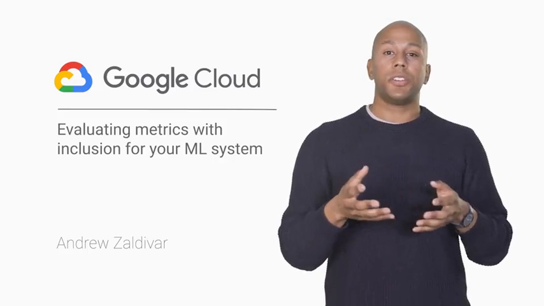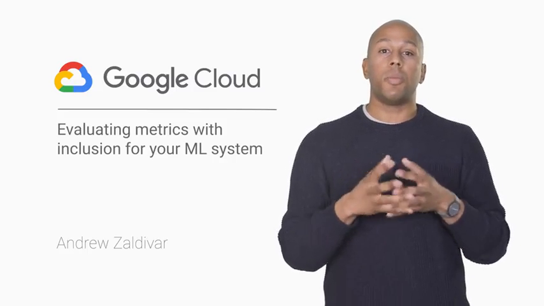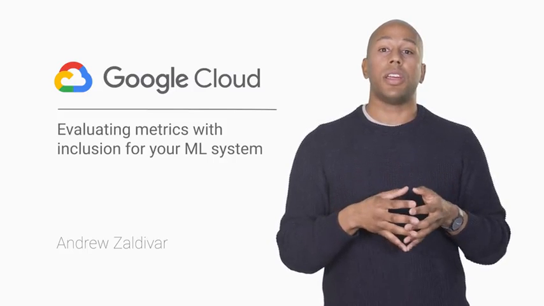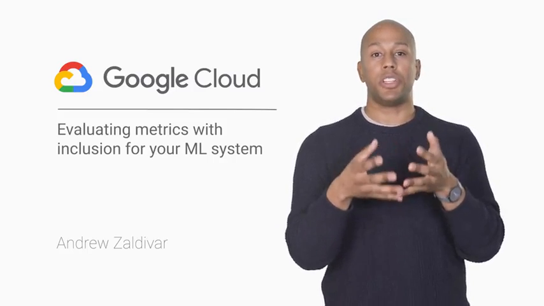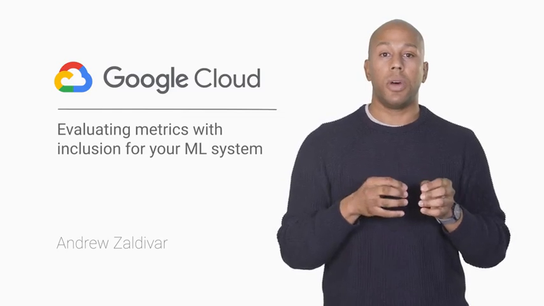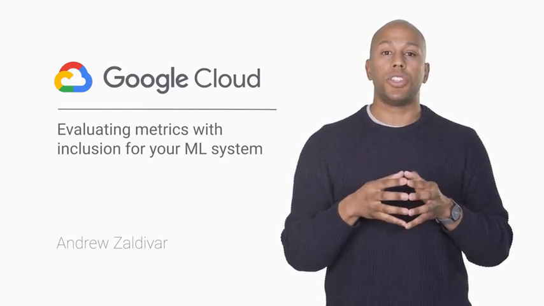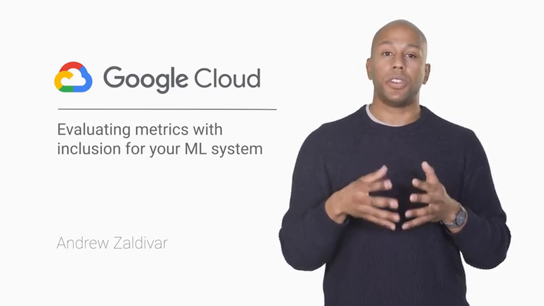Now, your machine learning system will make mistakes. It's important to understand what these errors look like and how they might affect the user's experience that's driven by the output of your machine learning model. In this module, we'll discuss some of the ways in which you can evaluate inclusion as you're developing and testing